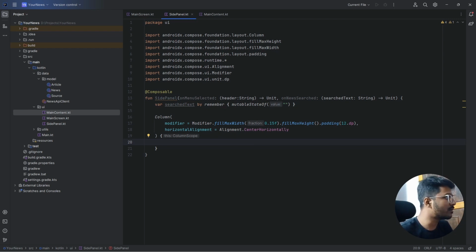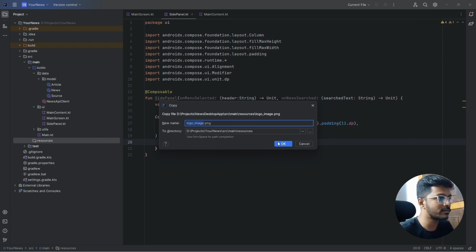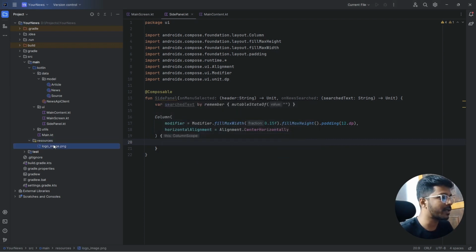You can use any image you want. Okay, just copy the image and paste it inside the resources. Okay, so I have pasted this image